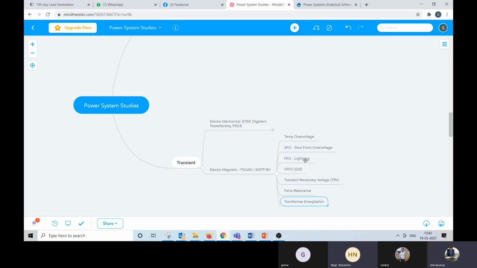Yes. So we will probably start with the studies, how we can do them, and what are the things we need to look at. For that, I'll try to share some real-time projects also, what we have done. But ensure that the information is strictly confidential. You can twist the figures, it's fine. We always go with the fact that our participants should not just learn concepts or simulation software, but it has to be an implementable solution for real-time projects. Okay.